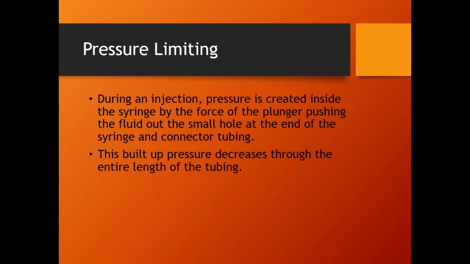Okay. Now the main things that control the pressure in the syringe during an actual injection: the primary determinant of how much pressure gets built up in the syringe is the speed of the injection, the flow rate. If you imagine this is a 200 milliliter syringe, and let's say I'm doing an injection at 1 milliliter per second. So how this typically works,